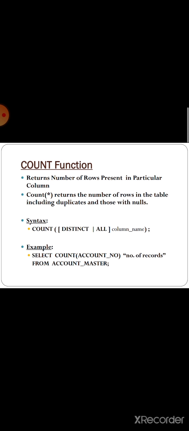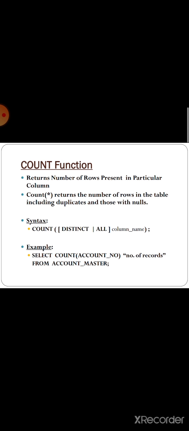Next function is COUNT. The COUNT function returns the number of rows present in a particular column. If we give a particular column name, how many records are included will be displayed as the answer. COUNT(*) returns the number of rows in a table.